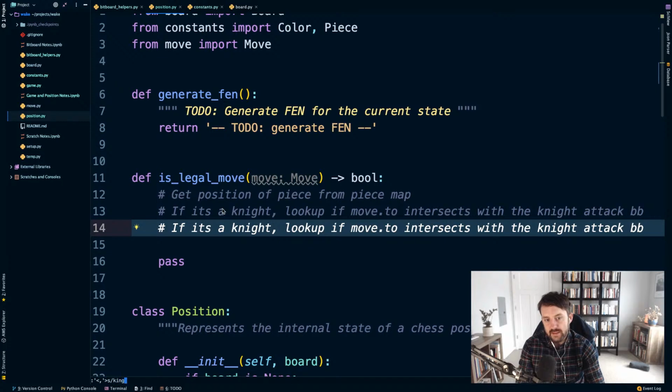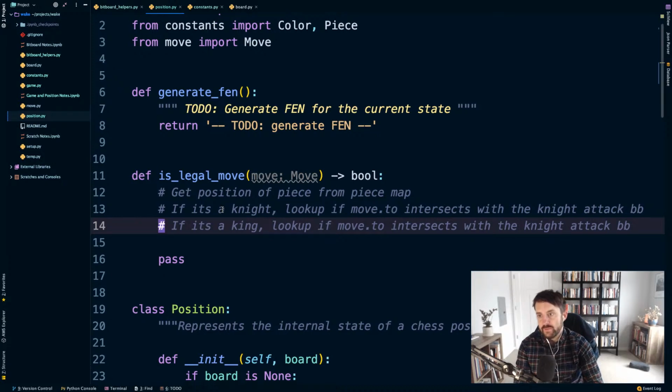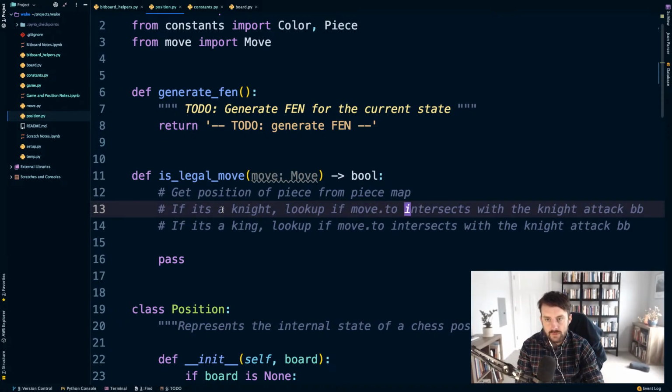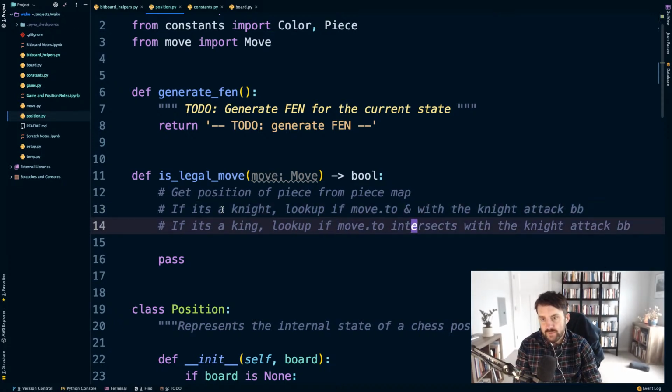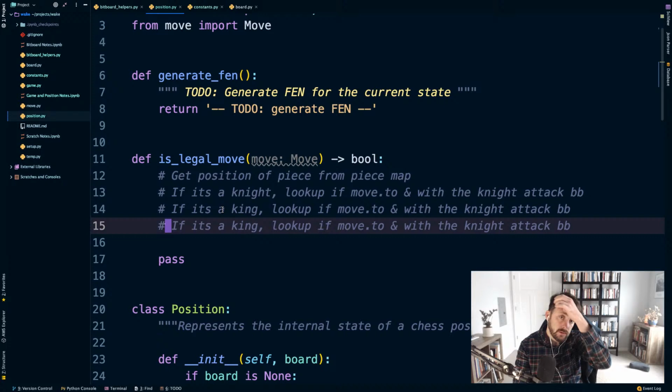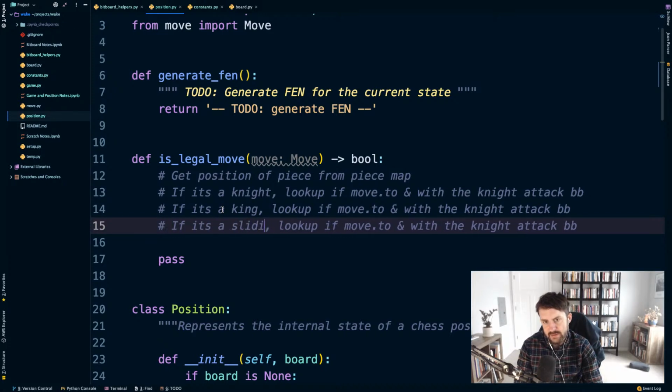Same for the case in the king. So if it's a king, move intersects with the, and I'm just gonna do some shorthand here. If it's a sliding piece, look up if move.2 intersects with the